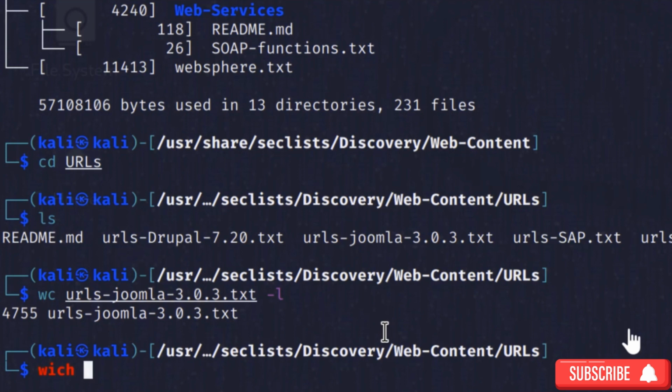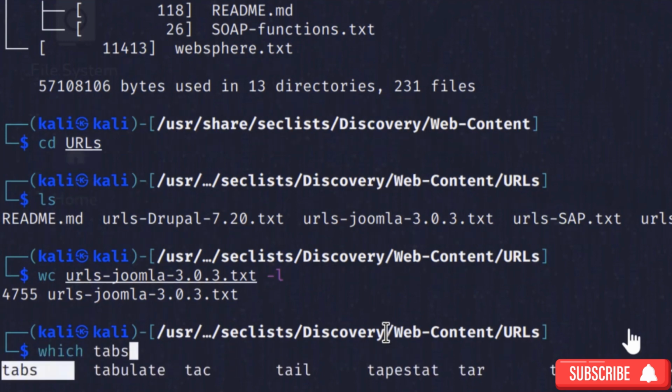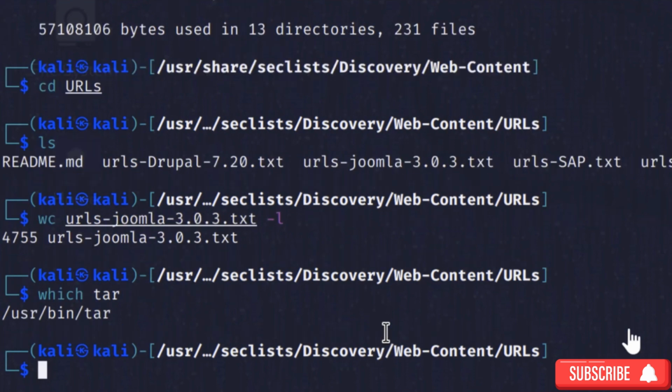So first I'm going to make sure that we have the tar utility. If I type which tar, like this, it shows me the path. We didn't talk about that yet either, but don't worry, we're going to get into it a little bit later. But you can see I do have this utility called tar. Again, all this does is take a bunch of files, stick them together, and create one giant